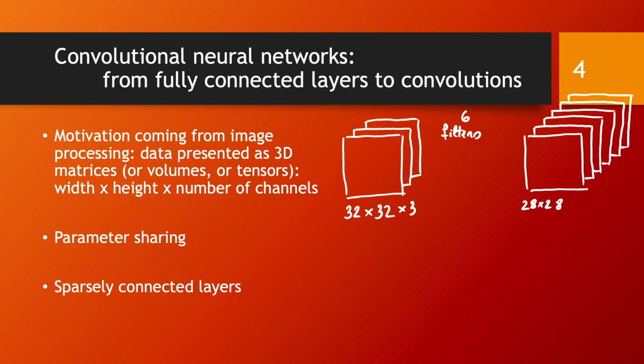So the result of this transformation in the first step, for example, could be 28 by 28 by 6, and obviously this depends on the application you make. Maybe you do fewer filters or more filters, or the filters are going to produce a different size of the square. This is just an example.